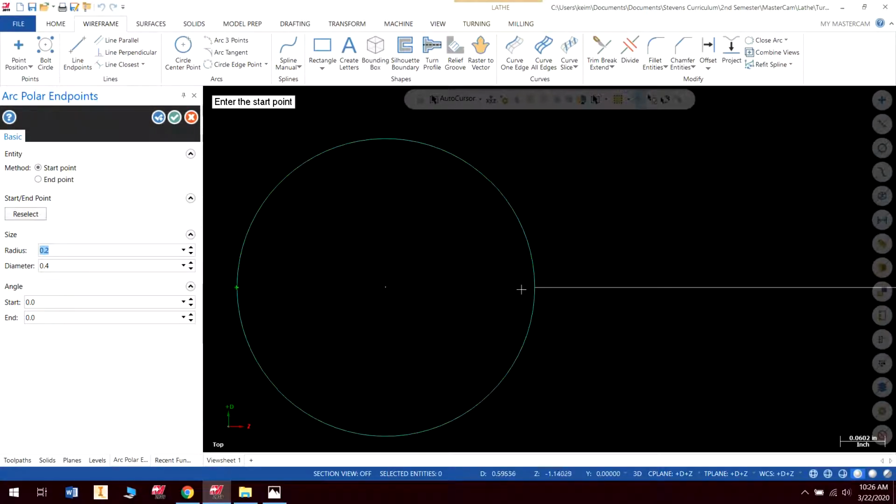So what I want is an arc that's actually going kind of like this. I want this section of arc down here, but I want this -90 point to be at the base point that I clicked. So since an arc goes counterclockwise, this is actually going to be my start point, and down here at this quadrant is going to be my end point. So I want my end point on the part that I clicked, this little spot right here at the end of this line. So I'm going to select end point here. And since it's the same, nothing changed because I have 0 and 0 in here. But if I make this -90,